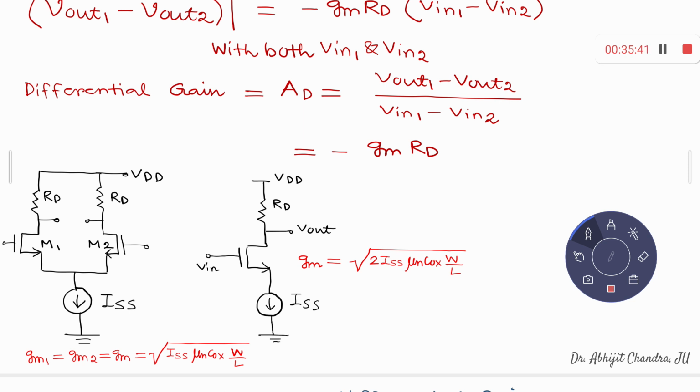Okay, but it should be there because the source is not at a fixed voltage. And moreover, here we consider that this ISS is a constant current source, an ideal current source. But typically this cannot be ideal. As of now, we have discussed everything in terms of ideality. That means these two resistances are the same, these two MOS, M1 and M2, have equal properties, and this ISS is also an ideal current source. But remember, all this ideality, all these assumptions,